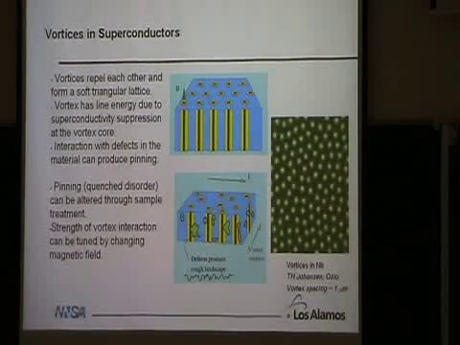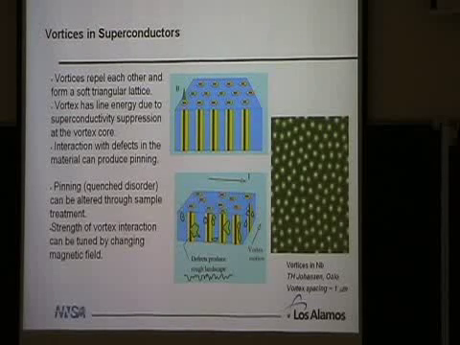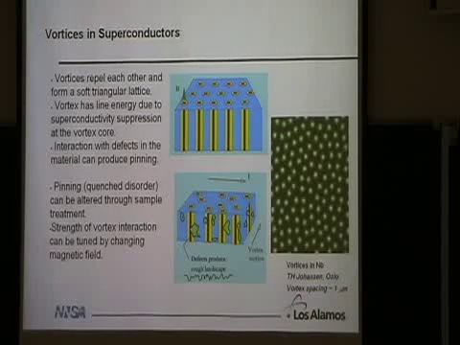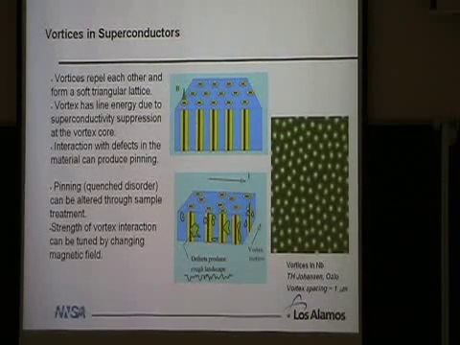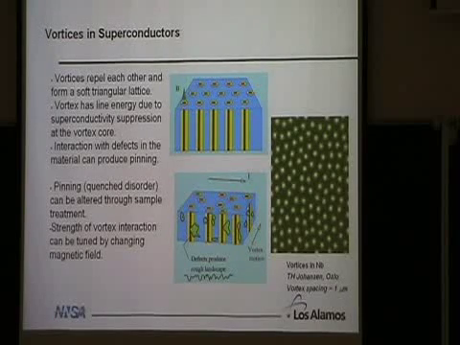And this is known as the Abrikosov vortex lattice. Alexei Abrikosov won the Nobel Prize for this discovery, which he made back in the 50s, I guess, just a few years ago. In his original paper, he got it a little wrong. He said they would be a square lattice, but they gave him the Nobel Prize anyway.